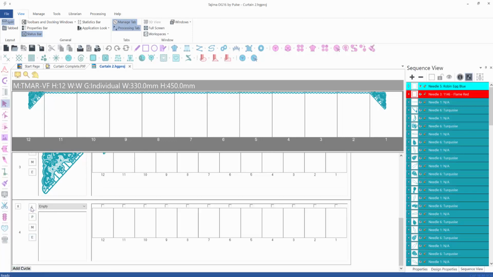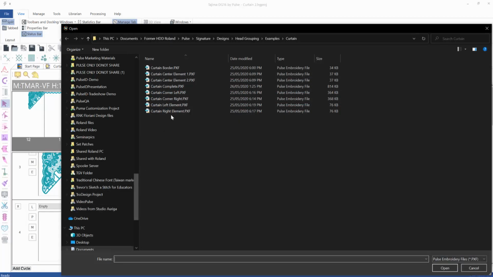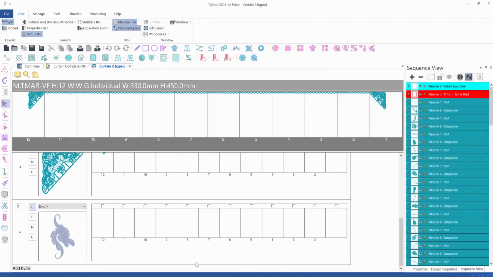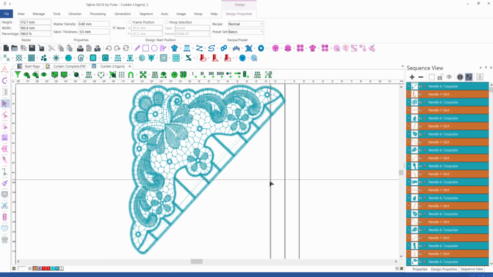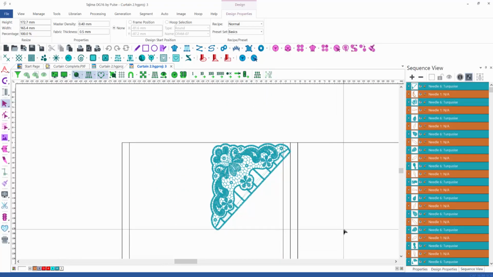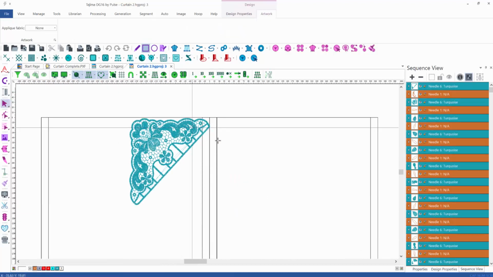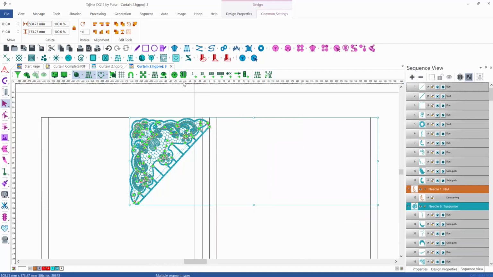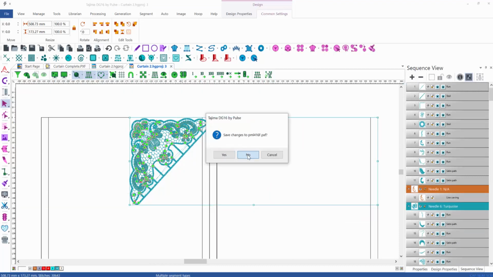What we'll do now is we load the little element that is on the left hand side below the corner element. There it is. So we would like to position it properly. In order to be able to position it in the correct area, we load the corner, the left corner again, and we select it. We also draw a rectangle, so the rectangle with the rectangle tool, you see, serves me as a guide for the positioning. So then I select both of them, or all of these segments, copy them into the clipboard,